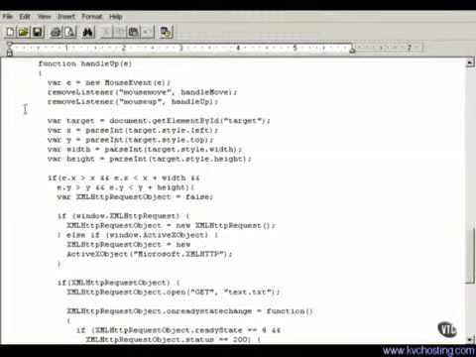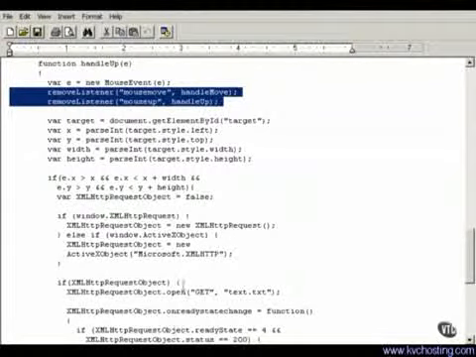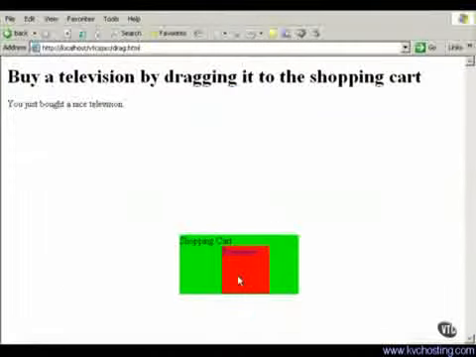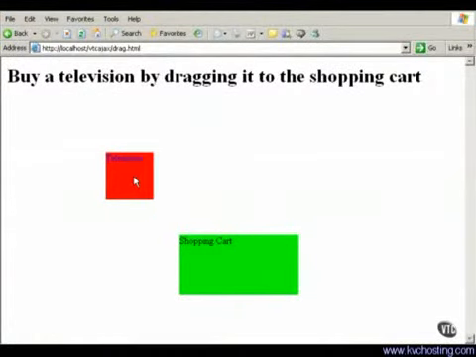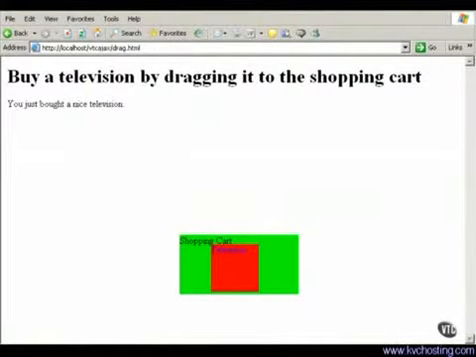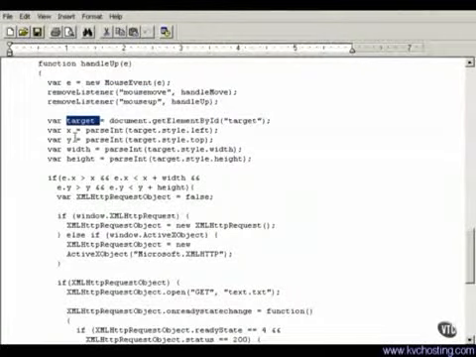And so first you remove the listeners, and then you have to check where the television was dropped. If the television was dropped outside the shopping cart, then the person's obviously not bought a nice television. However, if it's dropped inside the shopping cart, they have. So you've got to check where the mouse positioned the television. So you first can get the target element on which the television was dropped, and then we've got to check and see whether or not that was inside the